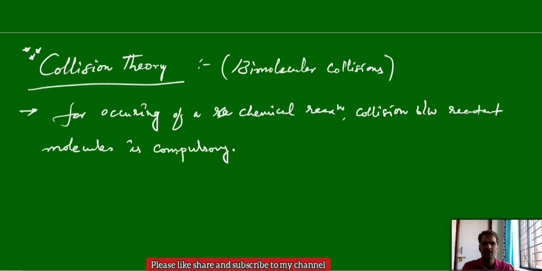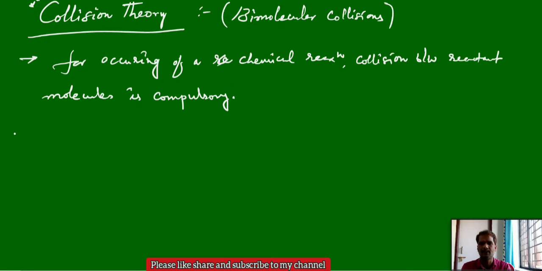If there is no collision, there is no formation of the product, so you cannot identify the rate change here. And the second point: the reactant molecules can undergo collision, but not all collisions will lead to